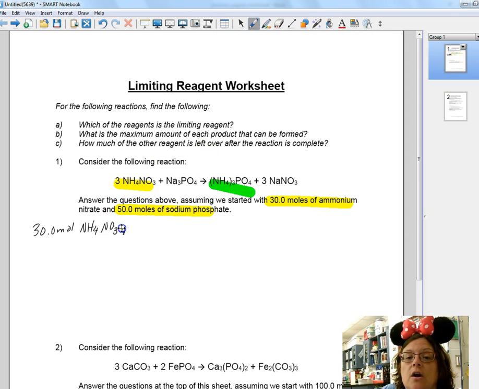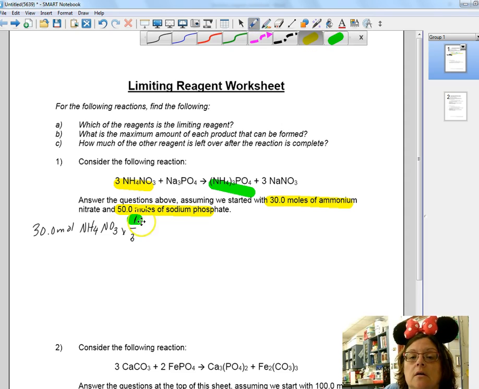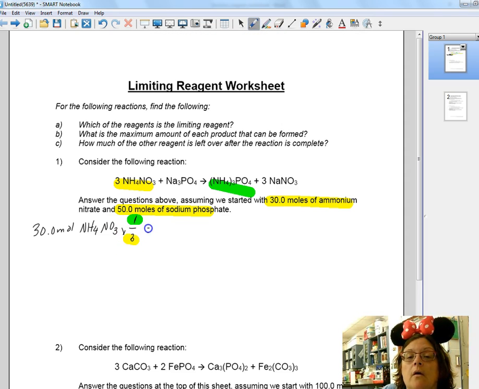What is my ratio of ammonium nitrate to ammonium phosphate? If you said 1 to 3, you are correct, but you don't get a cookie because I don't have any. Okay? That would be 10 moles of ammonium phosphate formed, made, produced. All right, now we're going to do 50 moles of sodium phosphate,